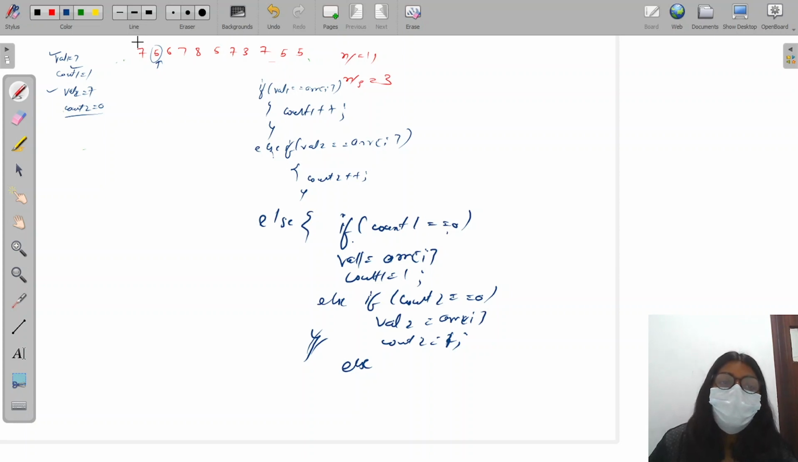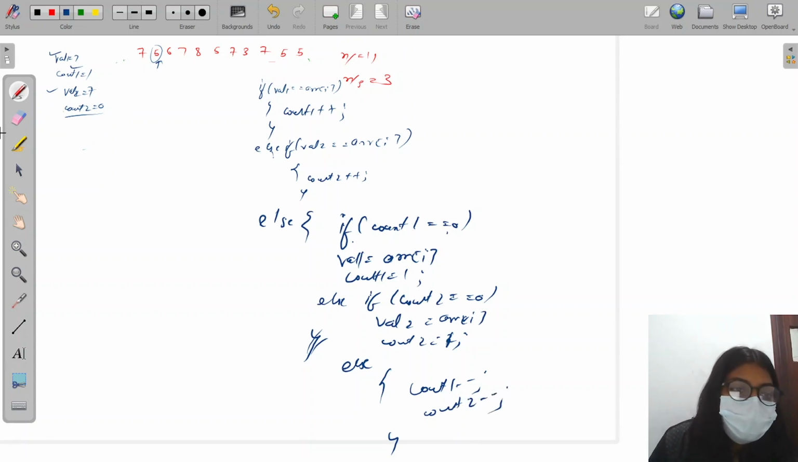Then what am I going to do? I am going to make the pair. It means I will decrease its frequency, I am going to decrease both my count1 and count2. Decrease. What does that mean? It means, let's see,